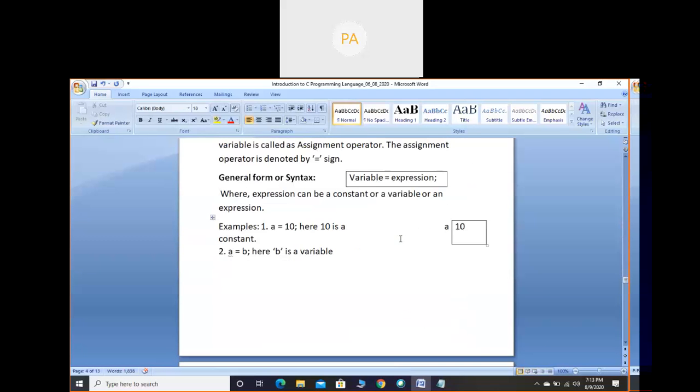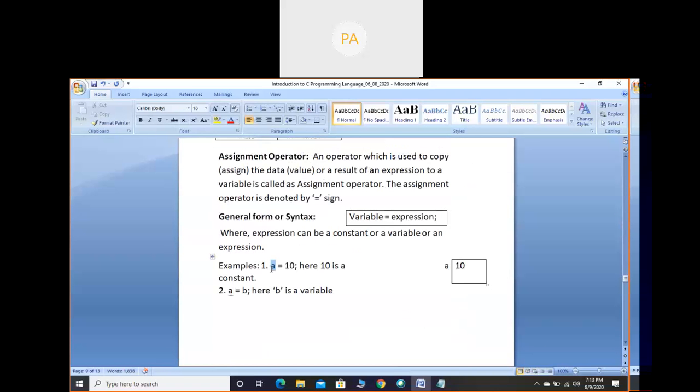So here a is a variable name. You just apply the identifier rules, it will hold good. So the first character should not be a digit. We have used only one character, so one character is allowed, and that character should not be a digit. Yes, a is not a digit, and a doesn't come in the keywords list, and we have not used any blank space, and we have not used any symbols. Underscore is allowed, but underscore is not compulsory. If we need it, we can use it. Otherwise, we can omit it. But other symbols we should not use. So capital letters A to Z or small letters a to z are valid identifiers.